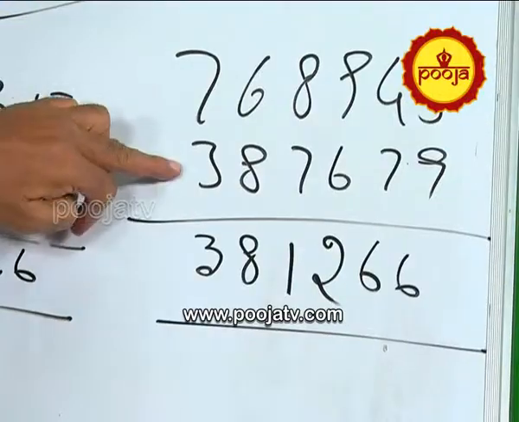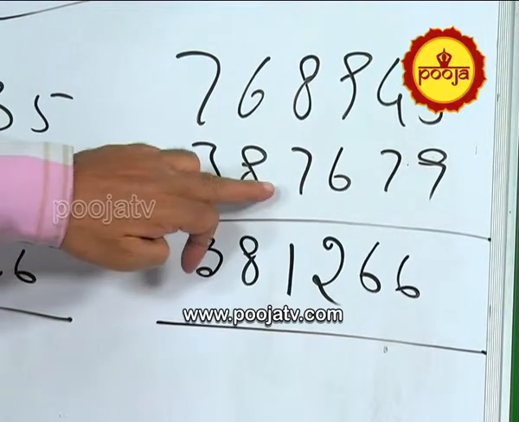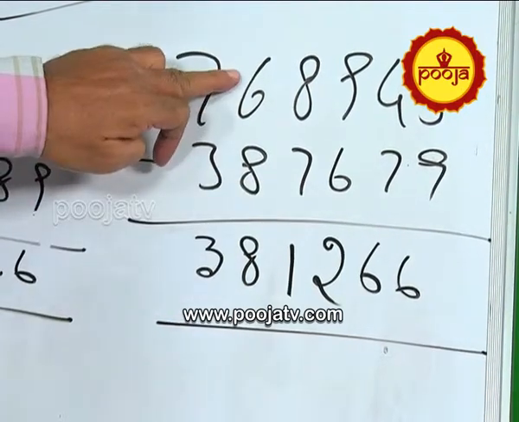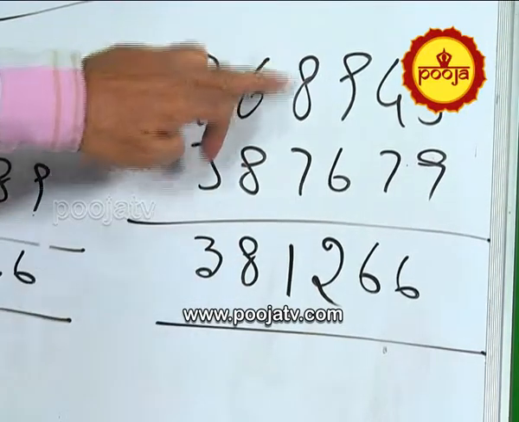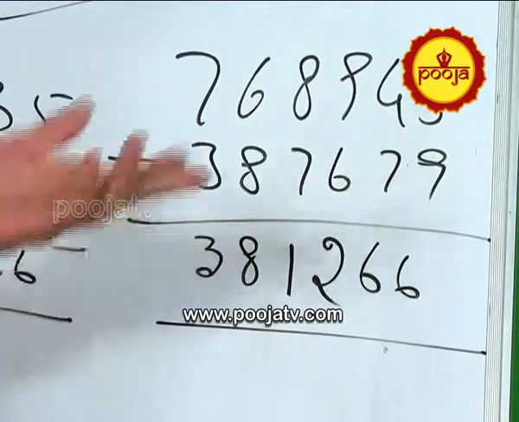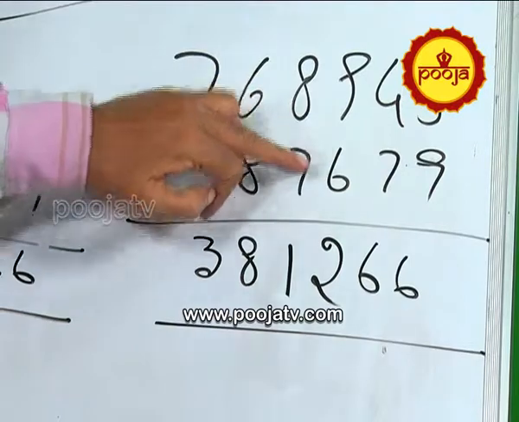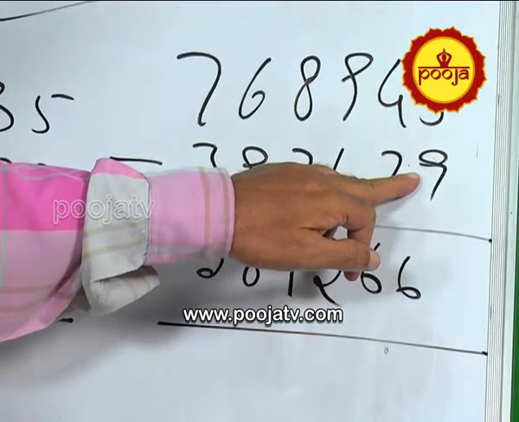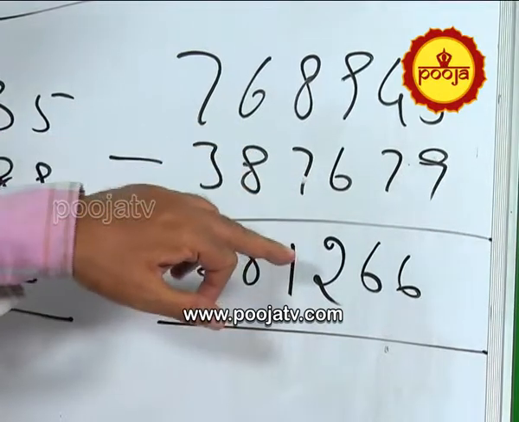Please observe, 7 minus 3 is 4, but it is a mismatch, so it has become 3. And complement of 8 is 2, 2 plus 6, 8, it is a match, right, 8 as it is. And here 8 minus 7 is 1, and see the right side, 9 minus 6 is a match, so 8 minus 7 is 1, right, 1. Here 9 minus 6 is 3, but right side 4 minus 7 is a mismatch, so 9 minus 6 is 3, but you have to write it as 2.